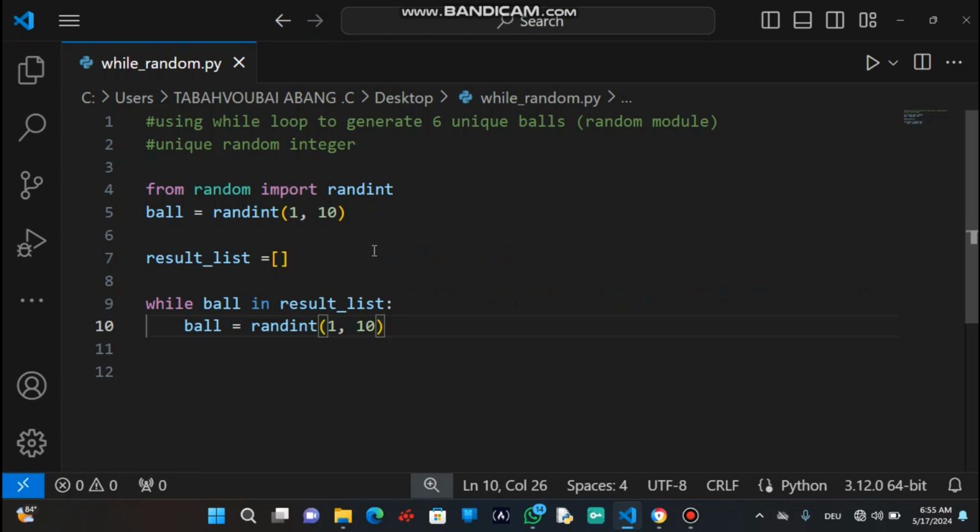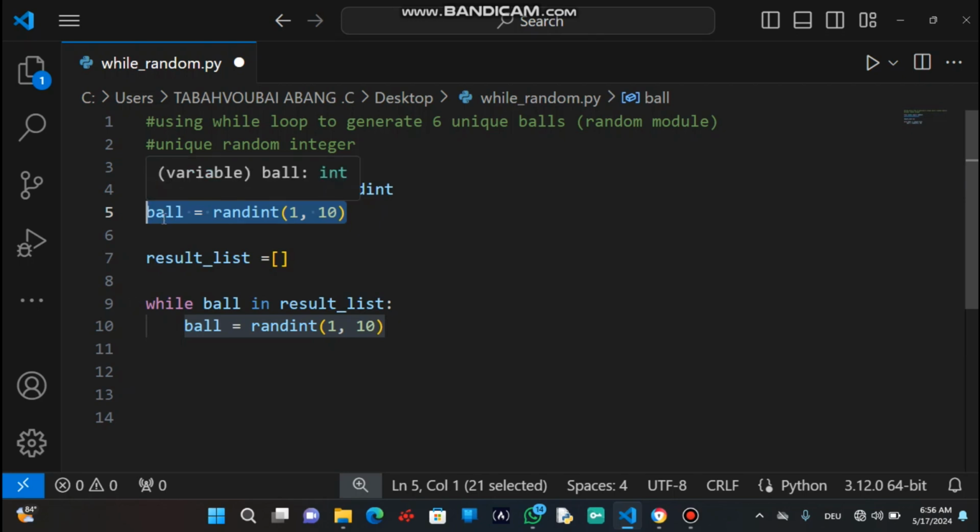So the instruction here is that while the ball is in the result list, which we created as an empty list, if by looping through our list we see the value that we created from the random module, randint, that is the random ball, we will use the while to bypass it by generating the ball again until we get different values.